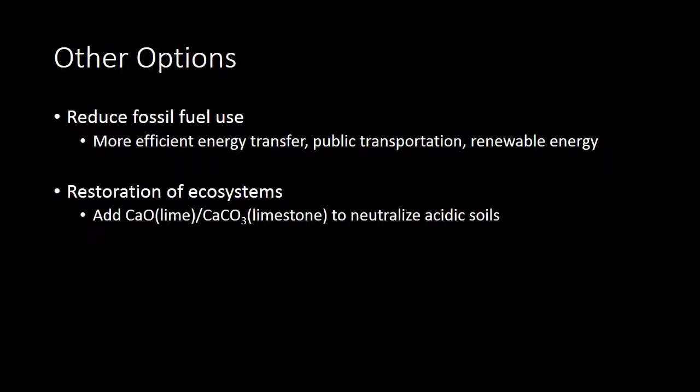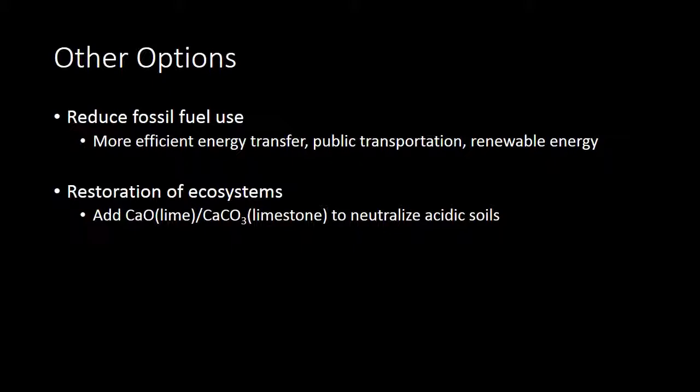And then, of course, restoration of ecosystems. So using that calcium oxide or calcium carbonate, lime or limestone, going through ecosystems that have been harmed and neutralizing them. So you neutralize acidic soils, you can neutralize water, and help return plant life and animal life and aquatic life. And that will then